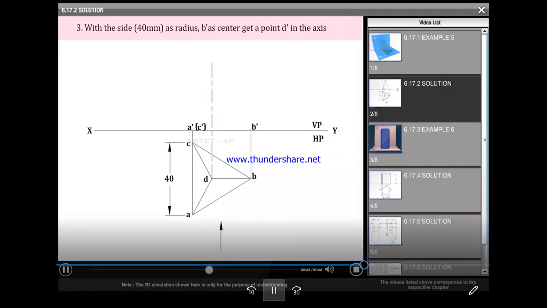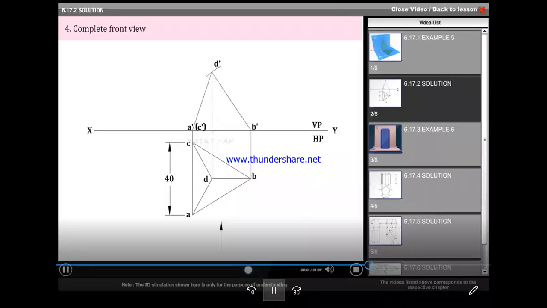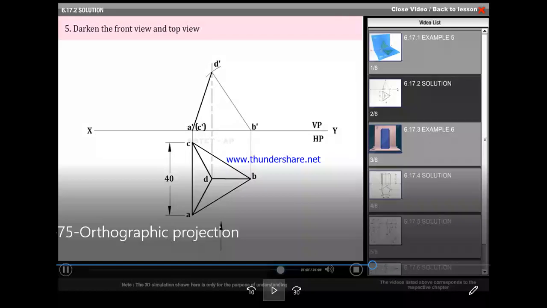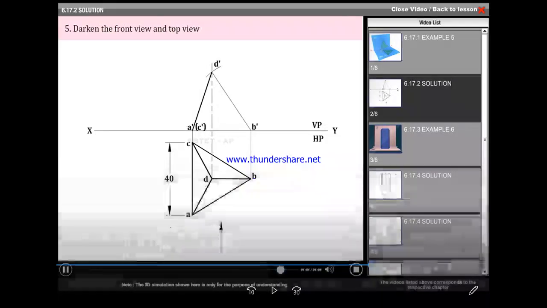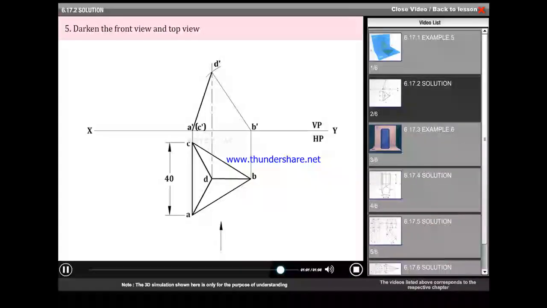With the side 40 mm as radius, B dash as center, get a point D dash in the axis. Complete the front view. Darken the front and top views. This is the final view, final figure.